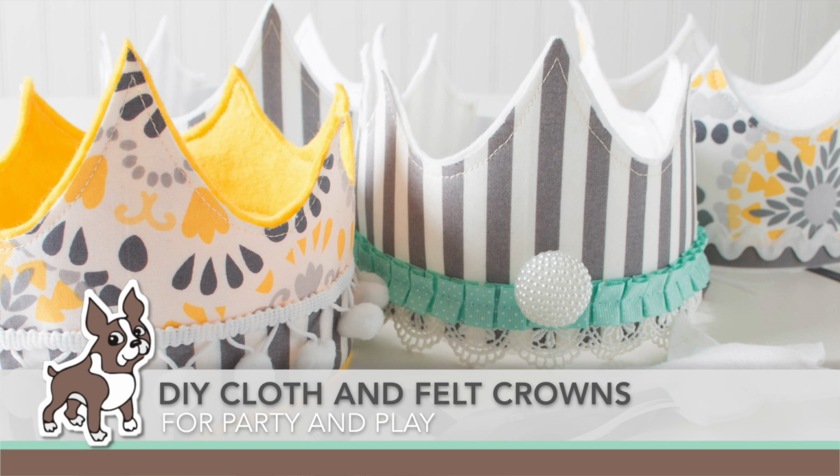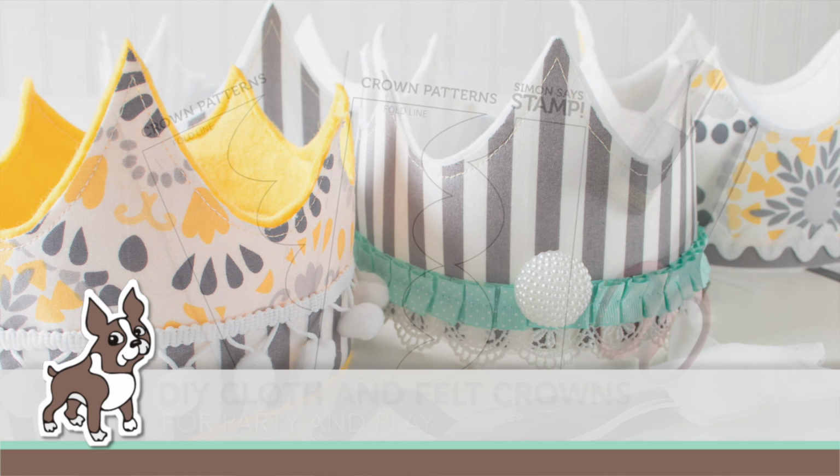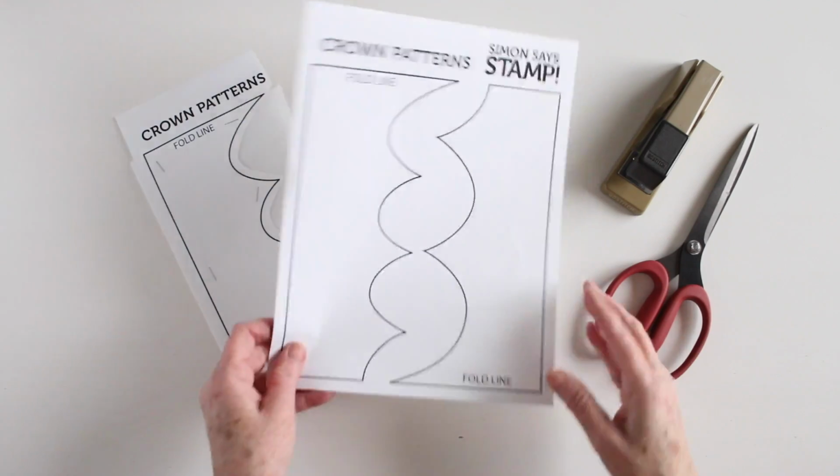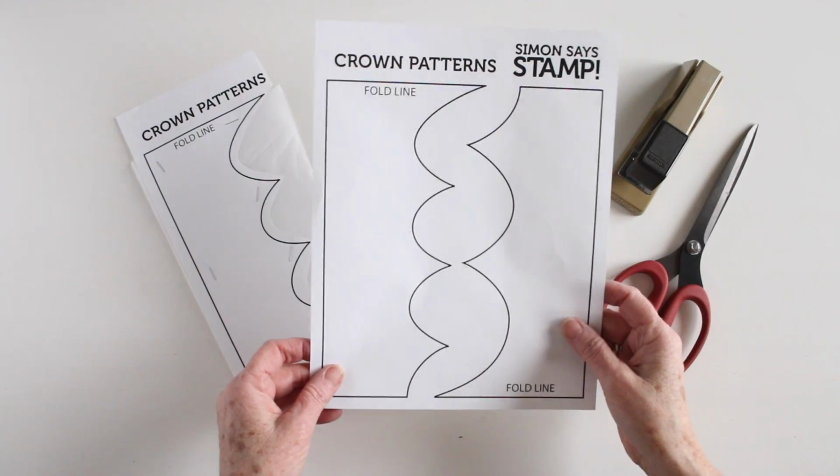Everyone, it's Shari Carroll for SimonsSaysStamp.com with a fun idea for you using some felt and cloth to make some crowns. I'll start off with the template that I've created, and this is for a toddler size head, so it